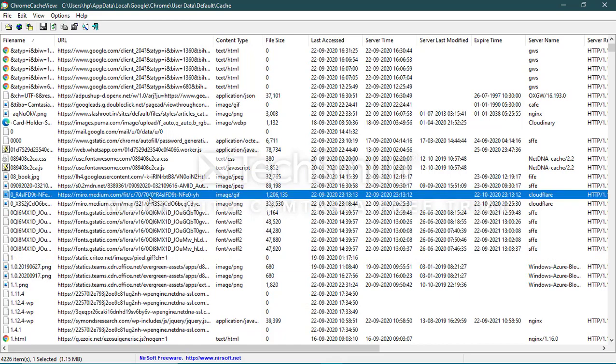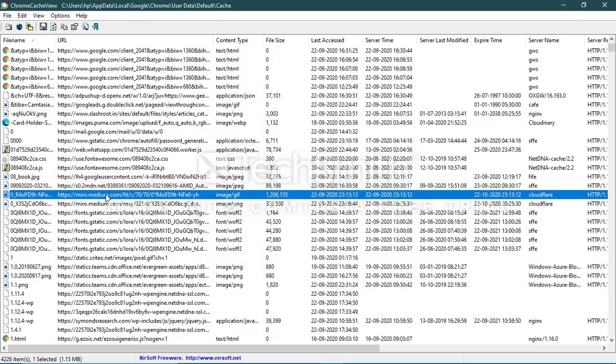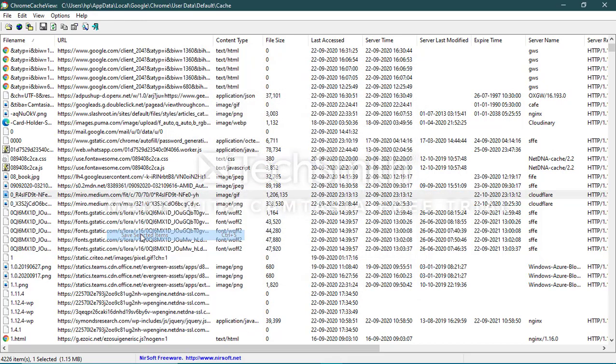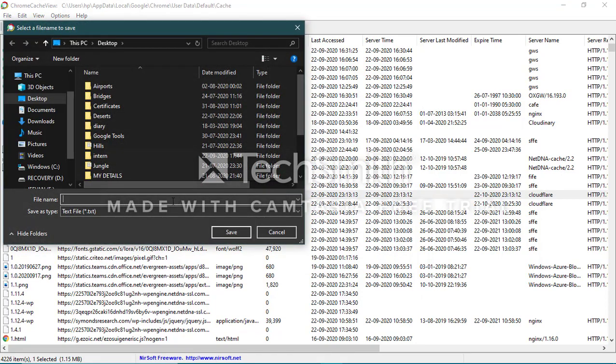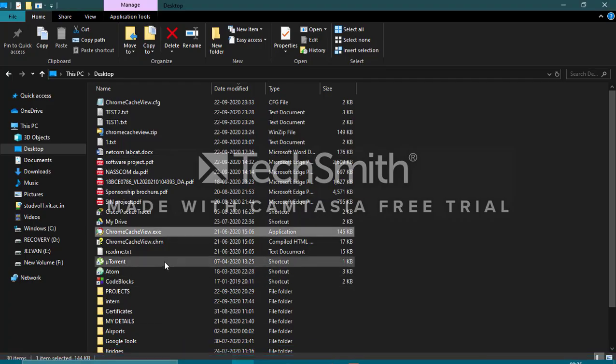So let's just try and open this file. There are two ways to open this file. You can just double click and copy the URL that is available over here, or you can right click and save the selected item. The file will be saved as a text file. I'm gonna save it as test1. I'll save it as test3 because test1 is already saved. Test3, and I'm gonna open